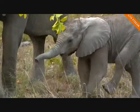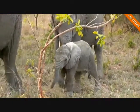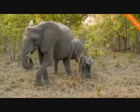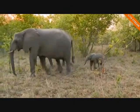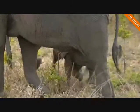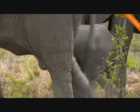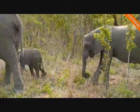Awesome. The mother is quite relaxed, so that's a good start. Might mean this little guy might come and investigate us a little bit as well. Yeah, he's at the most, I would say, 2 months old, if that. He would still fit under his mum's chest, and the mother is not a very big female. That's probably her second calf. I would guess one of these other bigger ones would be the